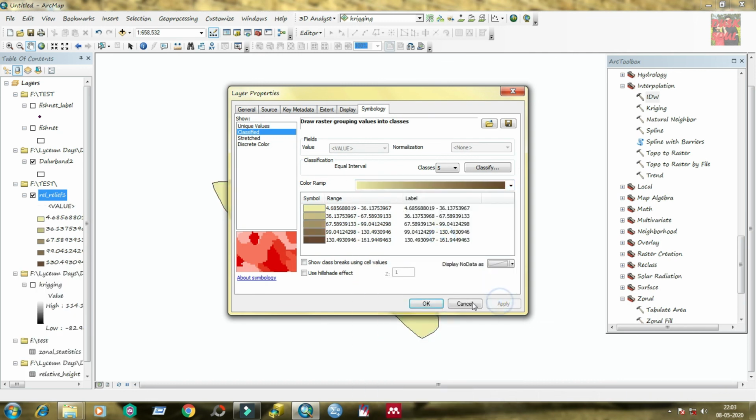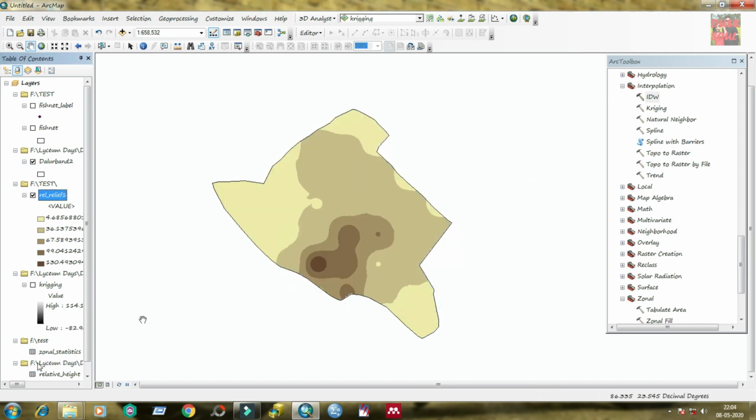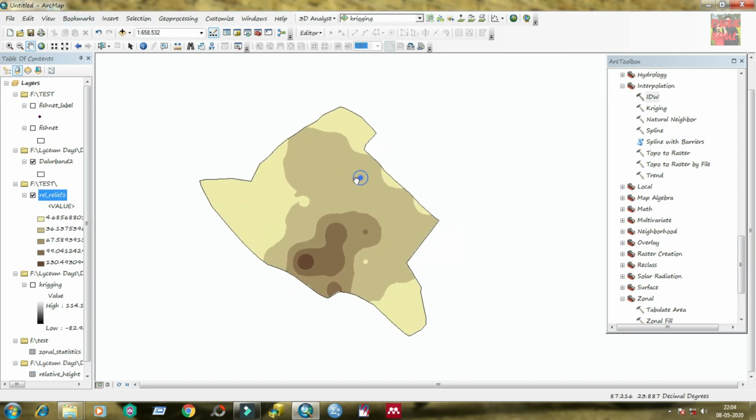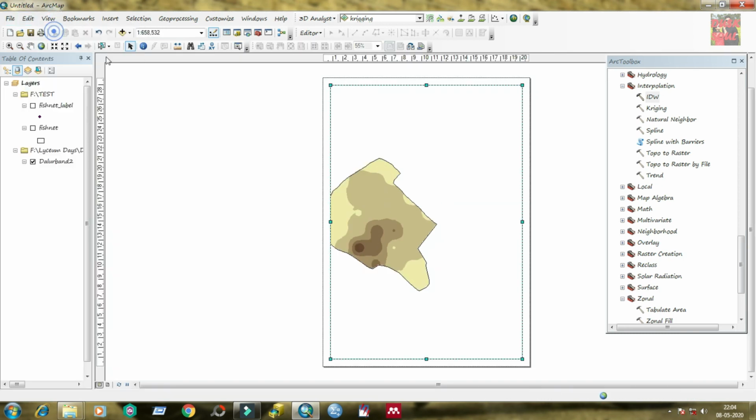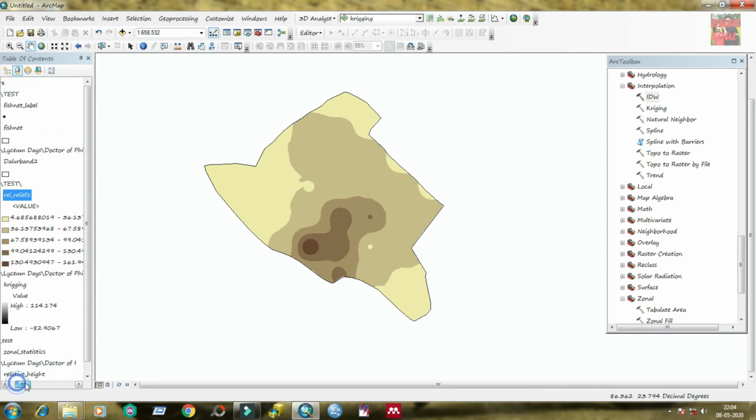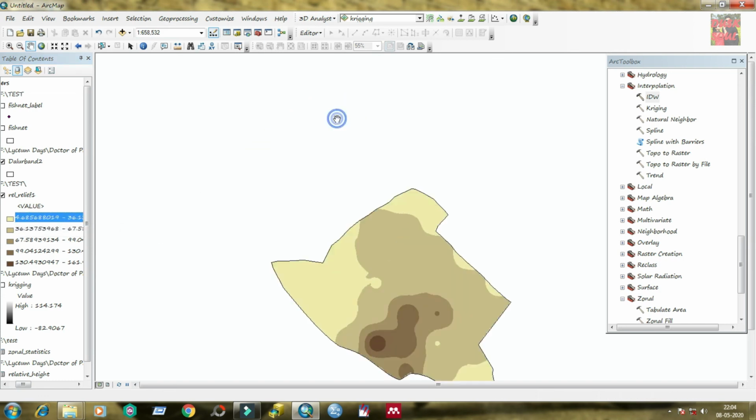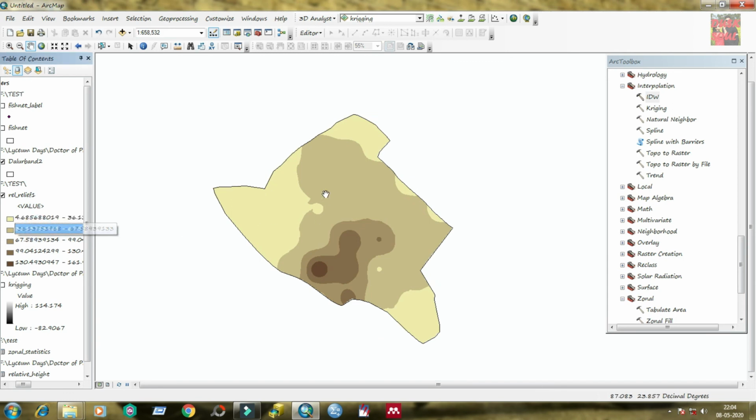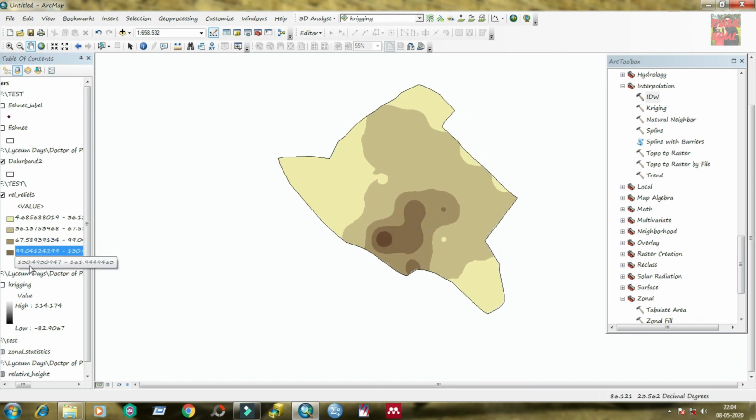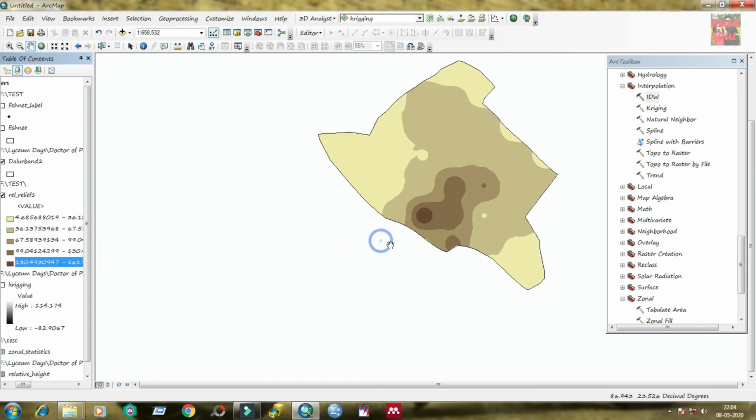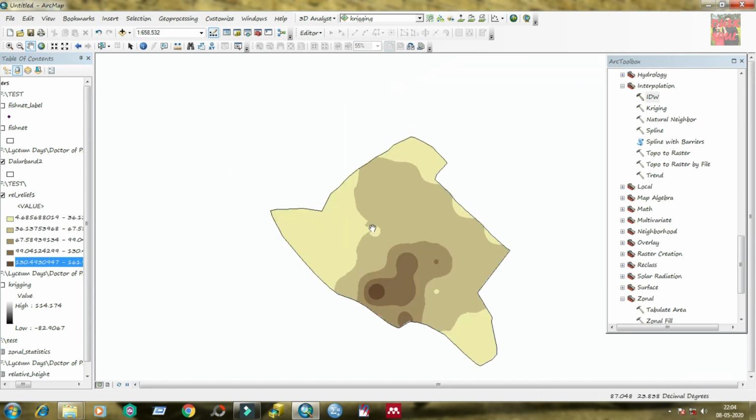You can see that the relief map has been calculated in 5 equal interval classes, and it looks very pretty, because I have classified this map into 5 classes. You can see the ranges from 4.68 to 36.12, then 36.13 to 67.52, then 67.58 to 99, then 99 to 130, then 130 to 161, and the height